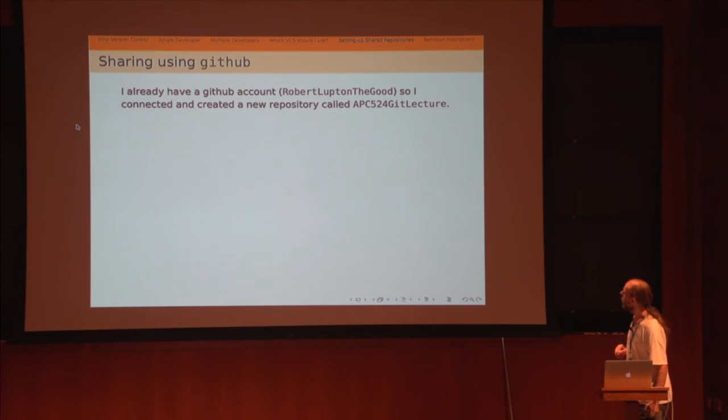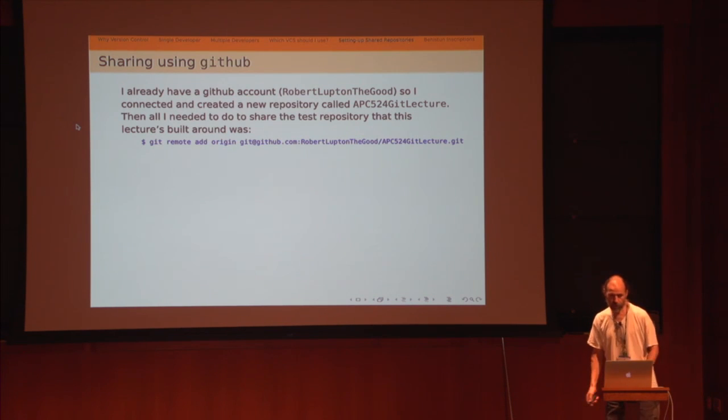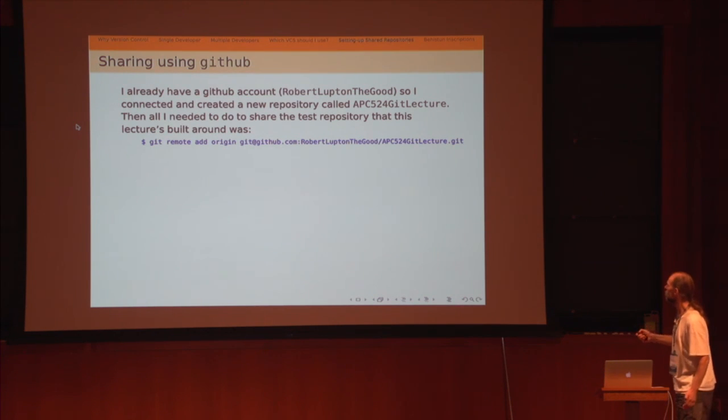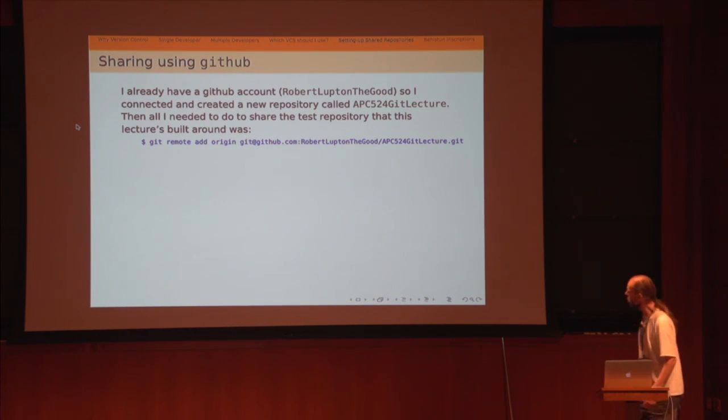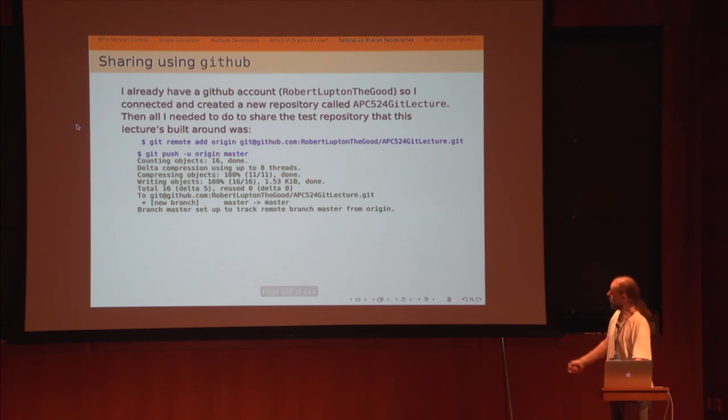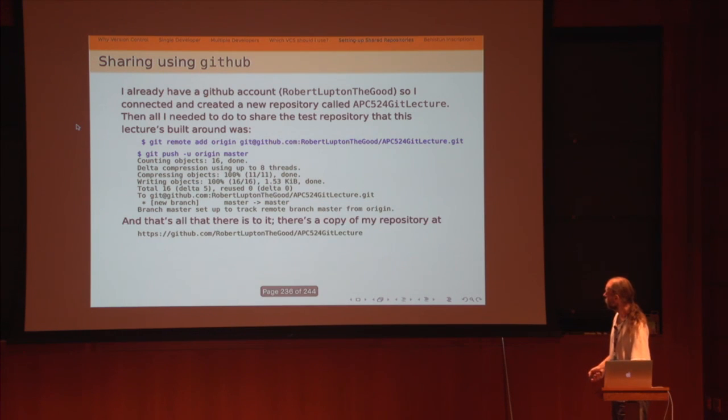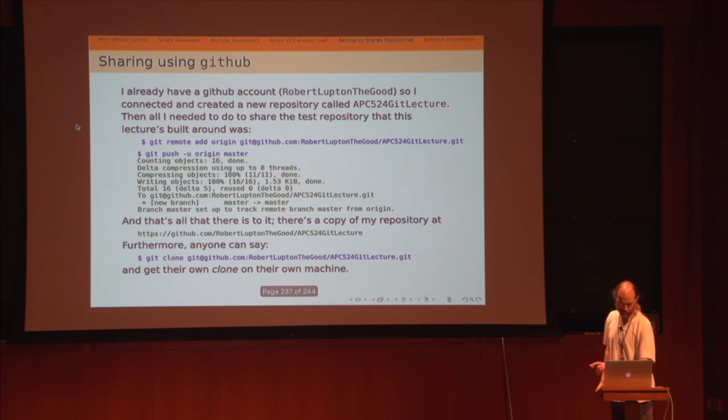So I created a new repo called APC5 GitHub, and in that case, these lectures, this test repo is a real repo, you can go and pull it, is done by saying git remote add origin. That says, when I have a remote, I want the origin to be that long, boring string. Then I did a git push -u origin master, and all these examples went out to GitHub. That's all there is. That's probably a live link in my lecture notes. You can go and look at it, you can poke it, you can clone it, you can fix all the bugs, you can do whatever you like.